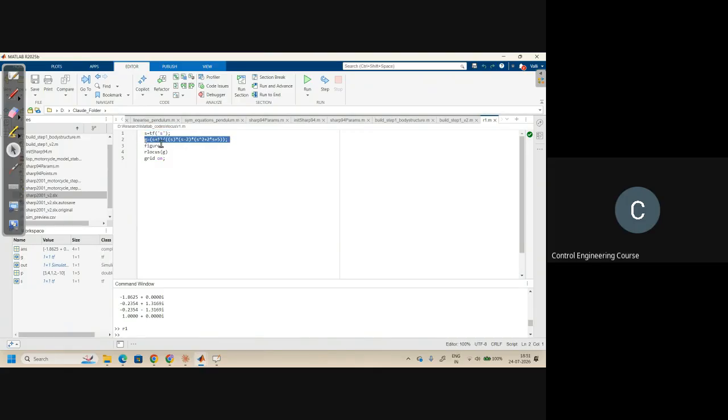Then you need to give the same example that I gave. G of s is equal to s plus 1 by s into s minus 2 into s square plus 2s plus 5. We don't need to mention K, because we are drawing the root locus with respect to K only. Then figure and the rlocus command. This is the command to draw the root locus. And I am putting grid on so that you can see the coordinates. If you run this one,